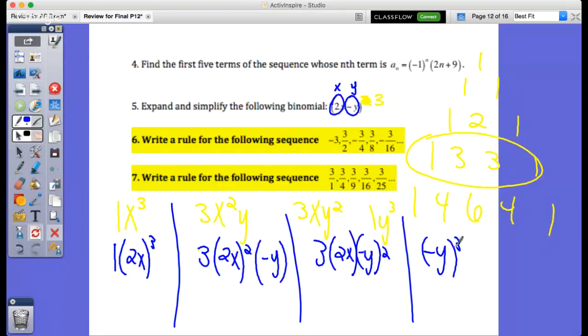I've seen a lot of things on the last test that people messed up on. By the way, you get half credit because you've done the setup, but now you've got to execute to get the full credit. So here, make sure you do the power first. So this would be 2 to the 3rd, which would be